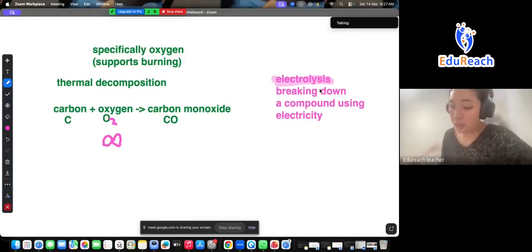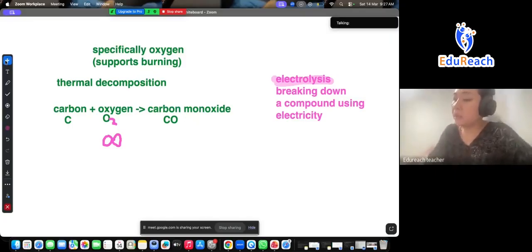Okay, next one. We are moving on to acids, alkalis, and neutralization. Very briefly, characteristics of an acid: sour taste, able to conduct electricity, turns blue litmus paper red, can react with metals, carbonates or alkalis. Certain common acids are sulfuric acid, nitric acid, and hydrochloric acid. Okay, next page very quickly.